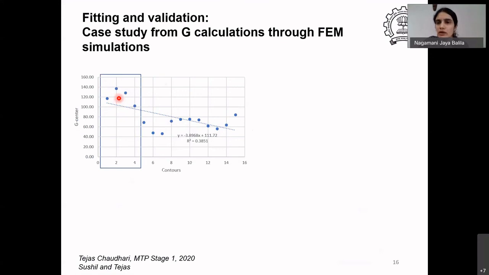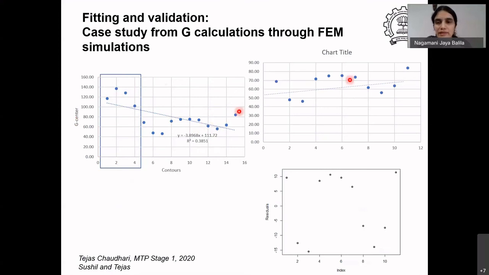I told you that we already know that we should avoid contours very close to the crack tip. So let's first avoid the first 4 contours and see how good the fit is. Theoretically, it is known that G should not be dependent on the path that we have taken. The path is the contour path. So it should not depend, but let's see whether there is a dependence or not. In this case, if you try to fit the data, this is actually from contour 5 to contour 15. You see that there is some correlation. It's not a horizontal curve, which would show zero correlation. There is still some correlation.